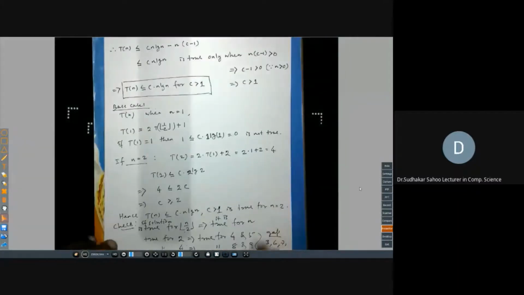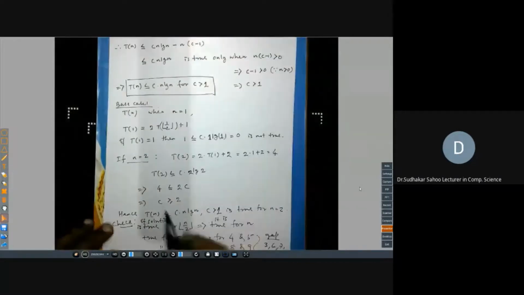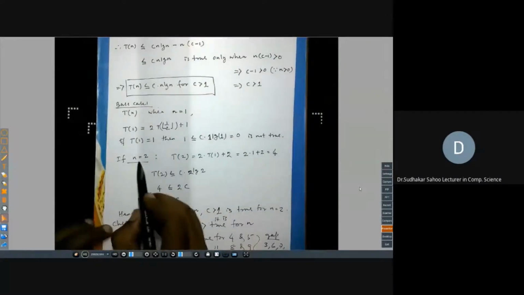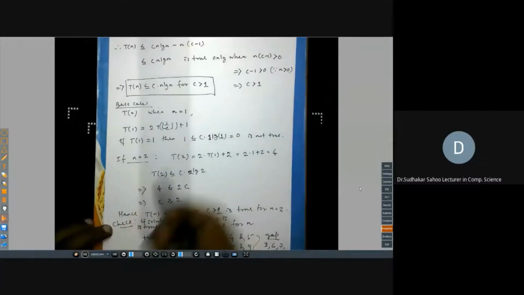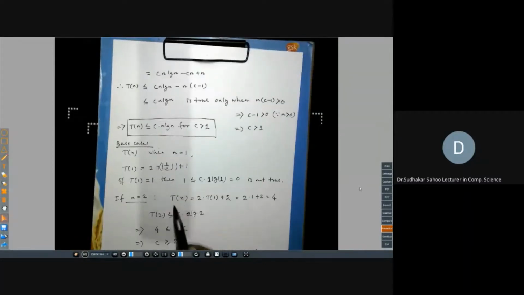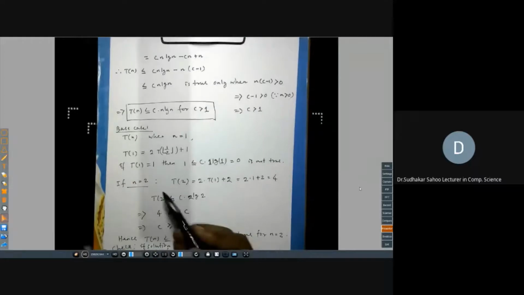So one base case is not sufficient to tell that it is valid for all n. That's why, in this particular example, we will also test whether it is true for n equal to 3. If you can show that this is also true for n equal to 3, then you can prove for 6, 7, then from 6 you can prove 12, 13. In this way, combining these two base cases, you can prove everything. So now let us test whether it is valid for n equal to 3 or not.